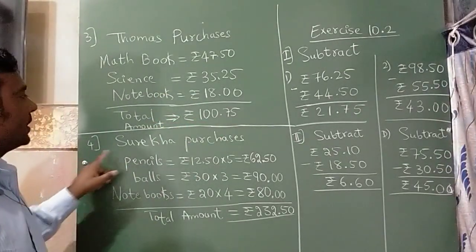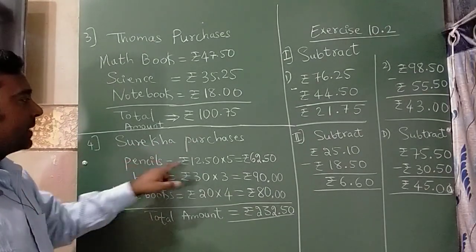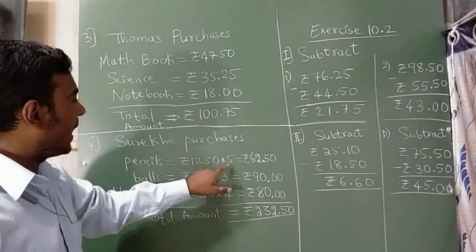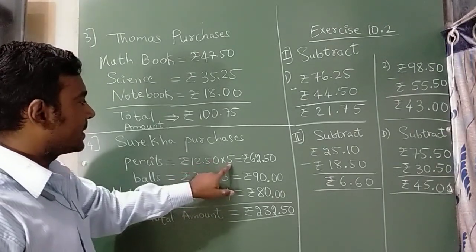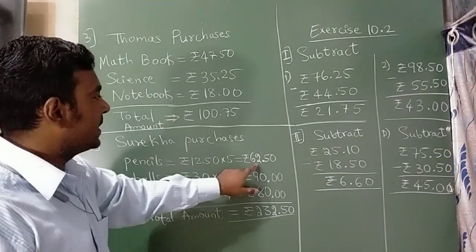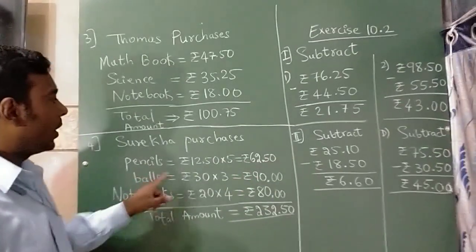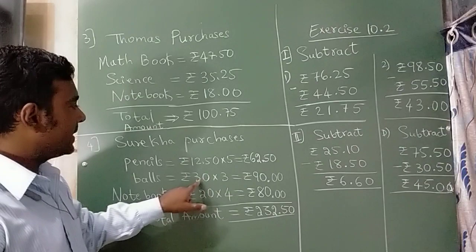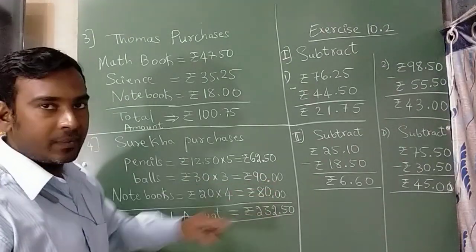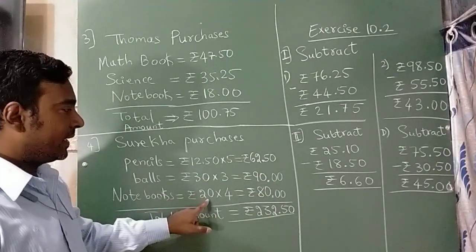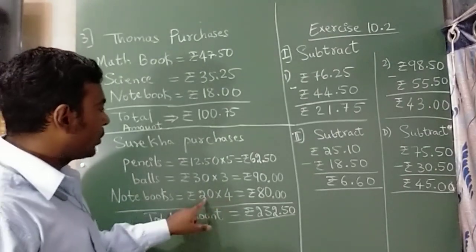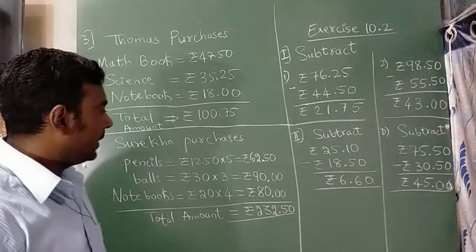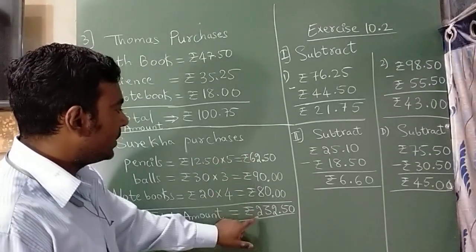Right. Now the next question is, Surekha purchases pencils for rupees 12.50, but she has purchased 5. So you need to multiply this. Fine. So you will get rupees 62.50. Balls for rupees 30, but 3. So 3 3s are 9, so rupees 90. Now notebooks for 20, 4. So 4 2s are 8, for 80 rupees. Now the total amount paid is, if you add all this, you will get